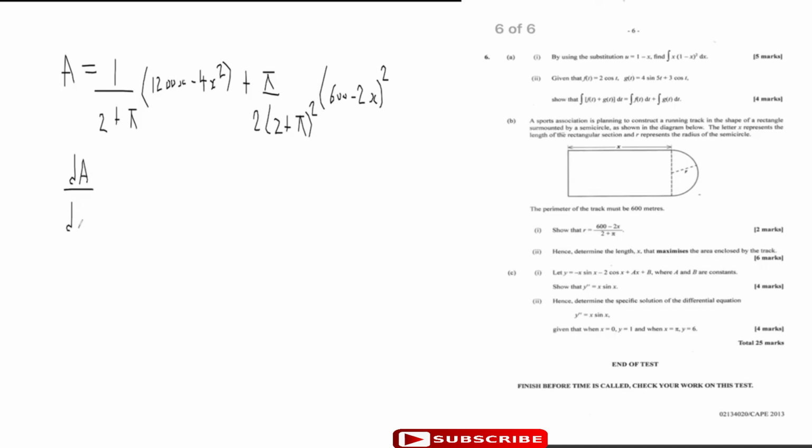So dA by dx is going to be equal to, when I differentiate this, I'm going to get 1 over 2 pi, 2 plus pi times, when I differentiate this now, I am getting differentiate 1200x, I get 1200 minus 8x plus